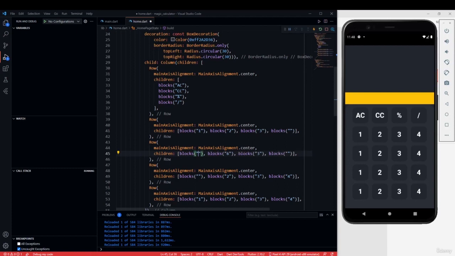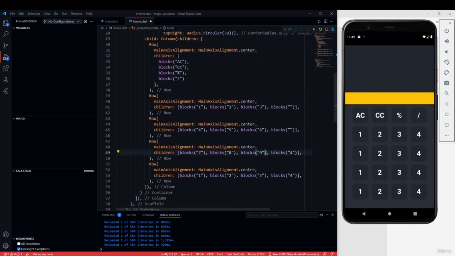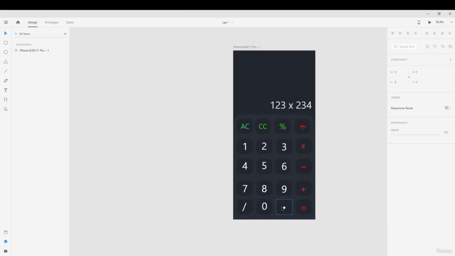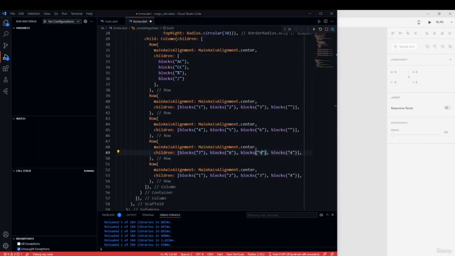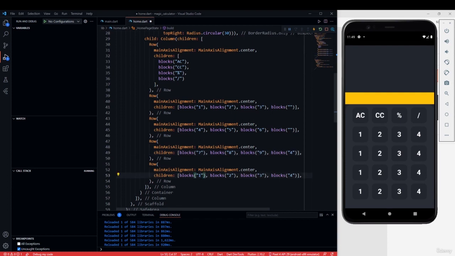4 is in the third row, 5, 6. Okay. Then in the fourth row, we can say 7, 8, 9. And in the final row, there is the 0, point, and this slash again. The divide, we already used this, but you can use a backslash. Honestly, we won't be using these buttons, so you can use a backslash,